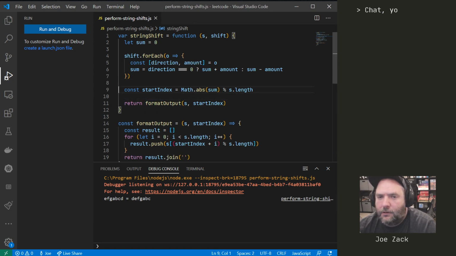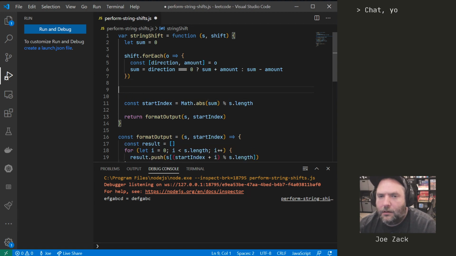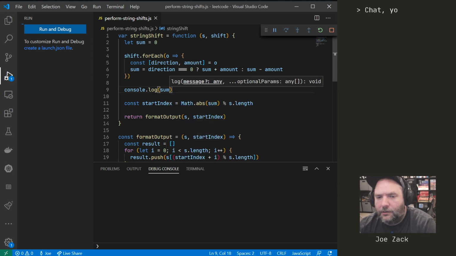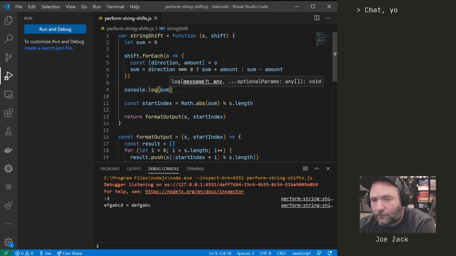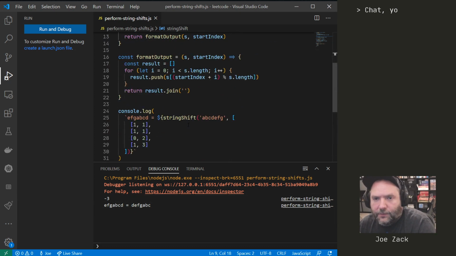Don't need that anymore. So let's go ahead and console.log our sum here and just see what that looks like. So negative 3. So if we look at our input for this problem, which was in order, and we said it was negative 3,